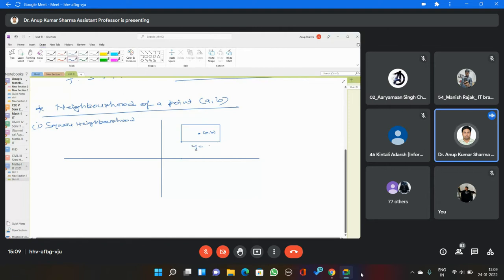This is y equal to b minus delta, and this is y equal to